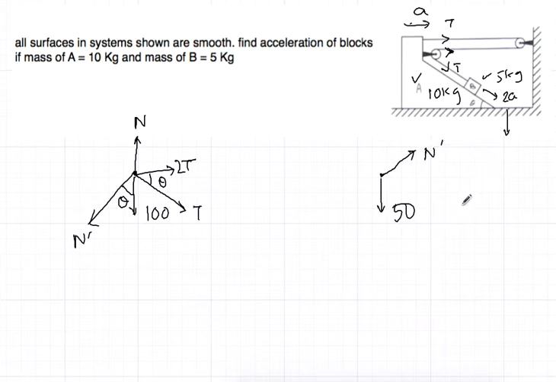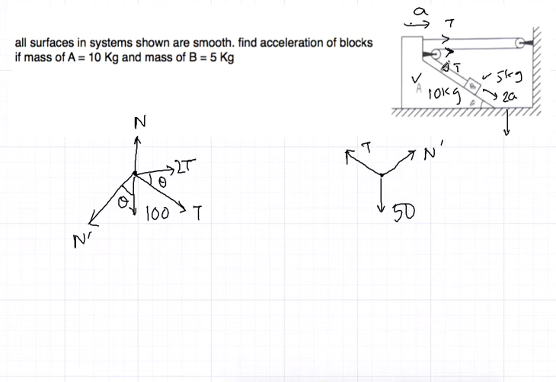N dash is the reaction force. The reaction force of this N dash is the contact force between the 10 kg and the 5 kg. Obviously, the tension will work. Many times students have problem in deciding the direction of the tension. Obviously, this tension will pull up this body B, it doesn't matter whether it's going down or not, and this tension will be opposite in this direction. If this is T in this direction, this T will be in this direction.